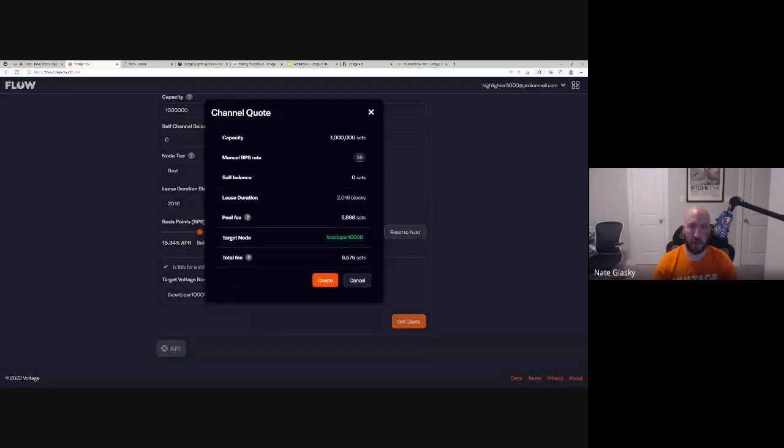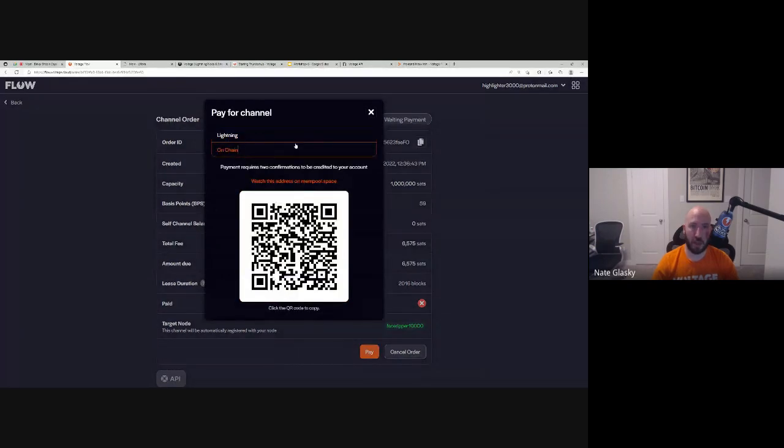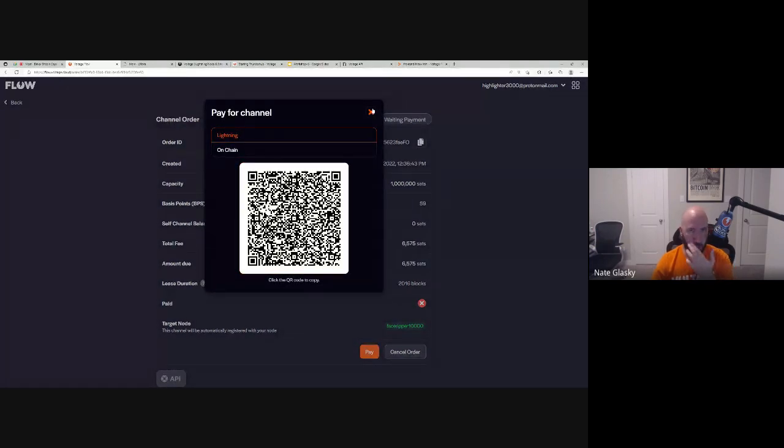And then it'll tell you, okay, so for 1 million sats of inbound liquidity, I'm going to have to pay roughly 6,500 Satoshis. And then you can hit create. And then it says waiting payment. So you can click pay, and then you can pay either on-chain or Lightning, and then you would get that inbound liquidity. So that's pretty much how Flow works.